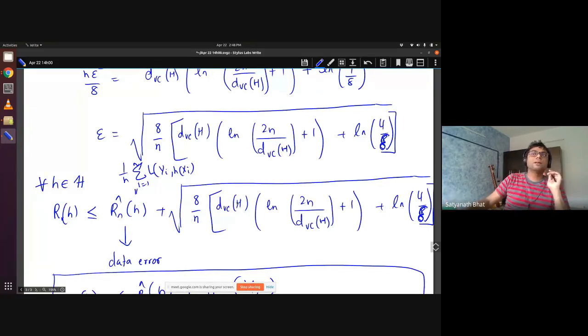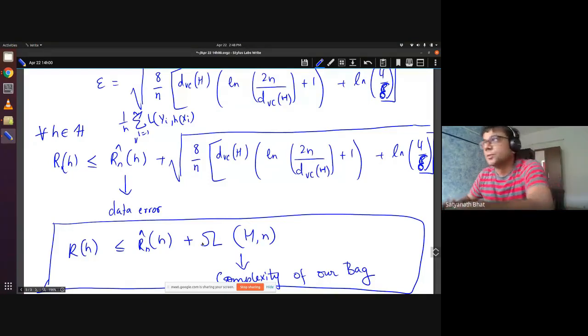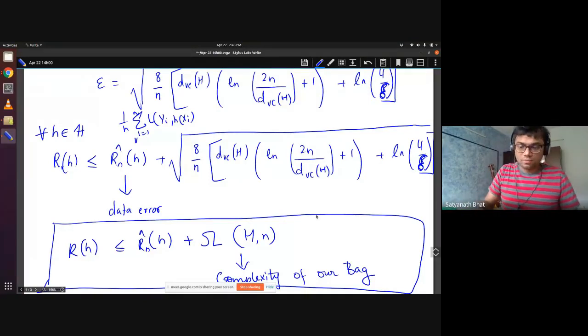So that way we can understand that model choice, the hypothesis choice, is an important thing, because this is how it can actually have an impact. There are two terms that are bounding your true risk, right? There are two terms that have an impact, and one of the terms is completely due to the choice of the hypothesis. Okay, so that's one consequence.